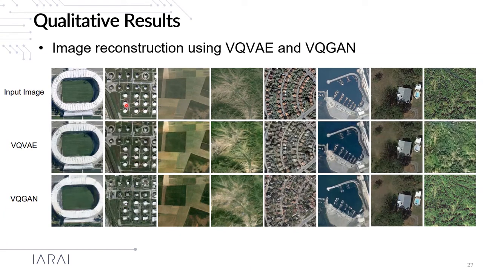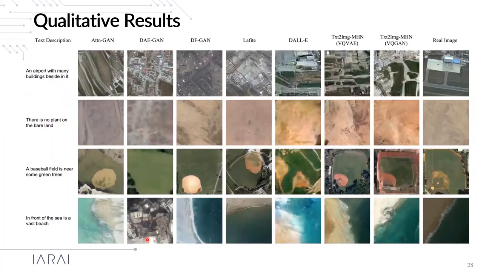For example, in the second column, we have many storage tanks with a circle shape, which can be well preserved in VQVAE, but may be changed to rectangular ones in VQGAN. Okay,